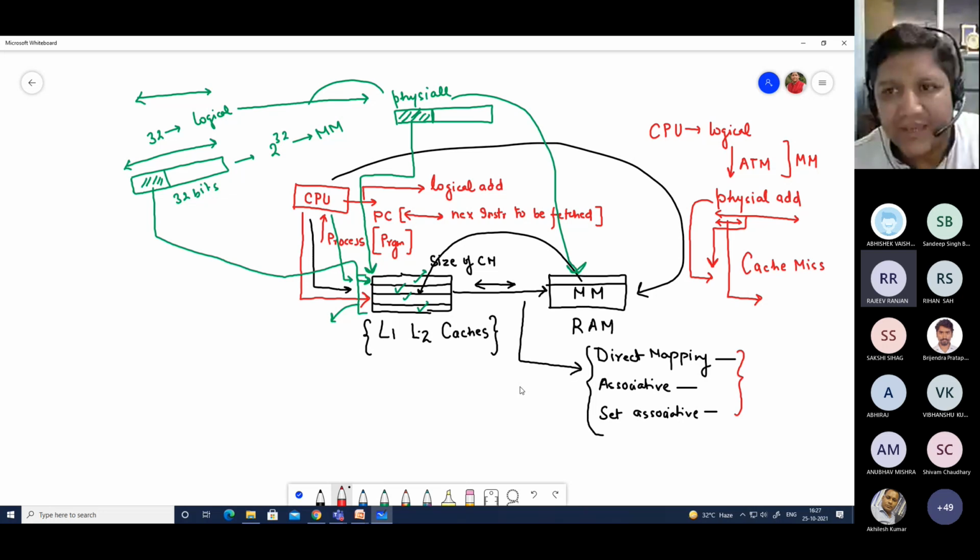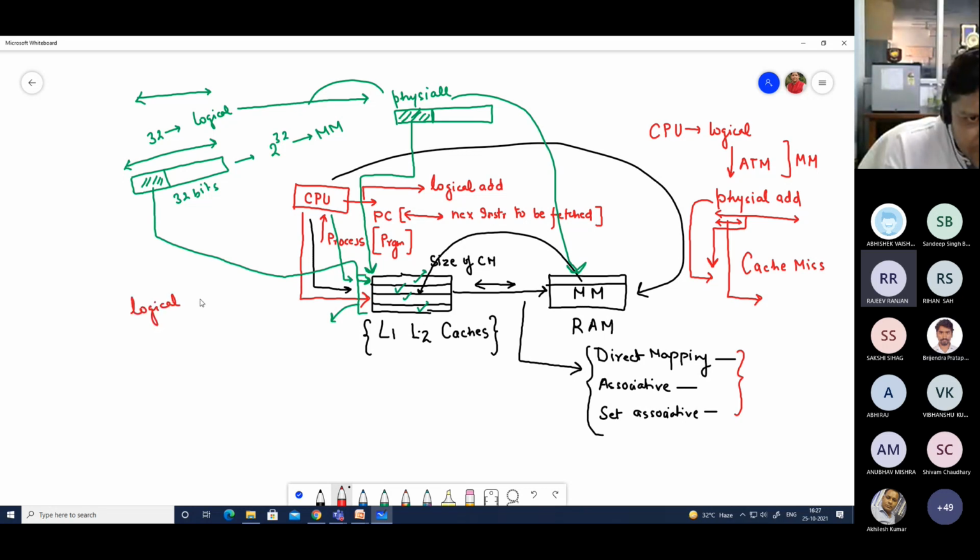But there is one thing which is missed here. Now, if CPU generates a logical address, and you convert that logical into a physical main memory address, and you go to main memory and you find there is nothing. You know the physical address, but first of all, the things have to be there in main memory, you need to check